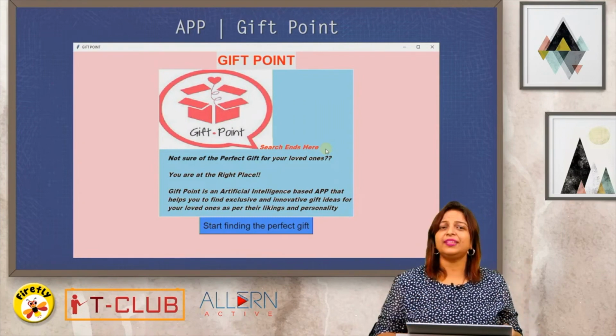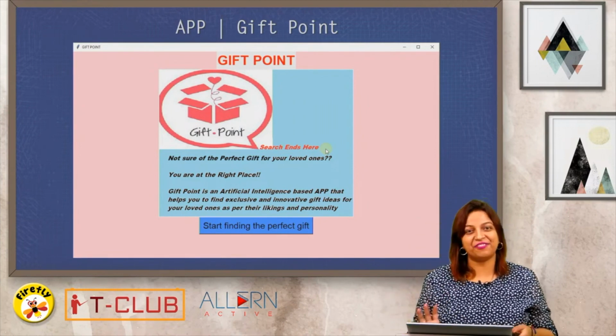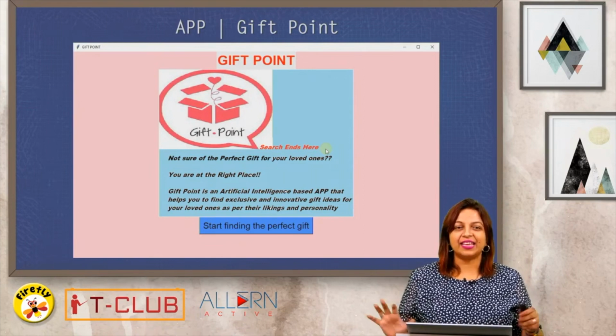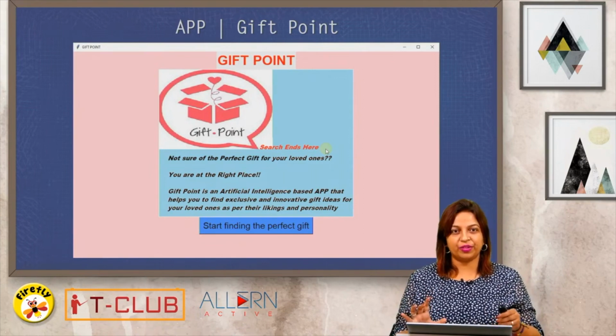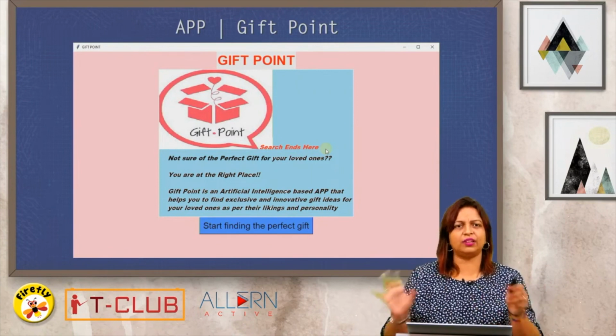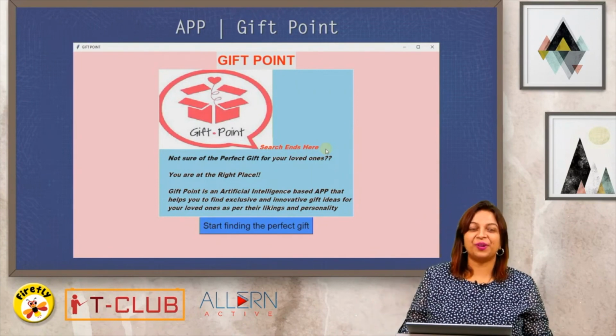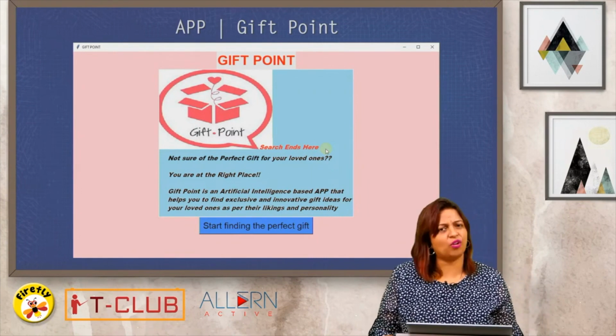Okay. This is another very realistic application, which again a grade 5 child, my student, has done. You can see the look of the app is very, very normal. The color combination is very normal. But this app does miracles. What he said is, ma'am, I have always seen my mama